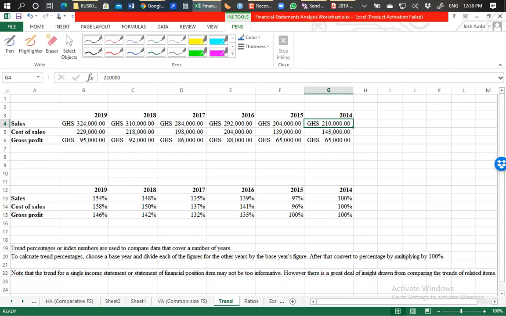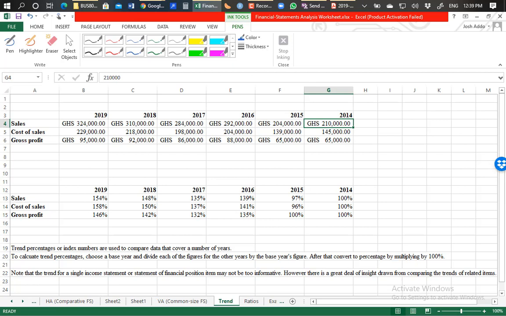So if you look at the down part, what we do is just compute what we call trend percentages. It helps because percentages readily speak. That's why we are doing that computation. Of course, you can see the same increment from 2014 to 2019. 2014 was 210,000. 2019 is 324,000. You can get a sense that yes, there is an increment since 2014. But it will be more comprehensive